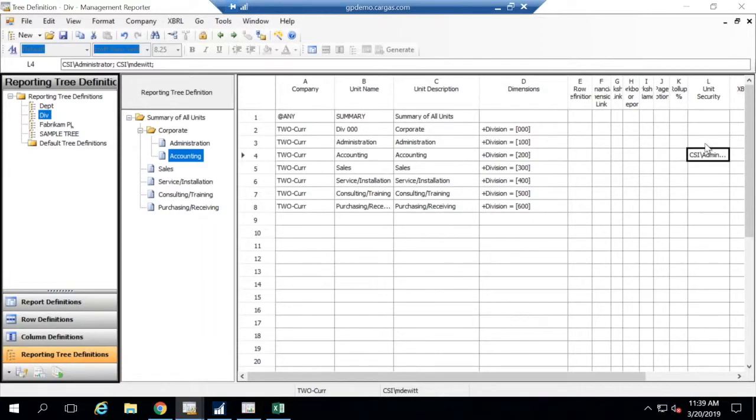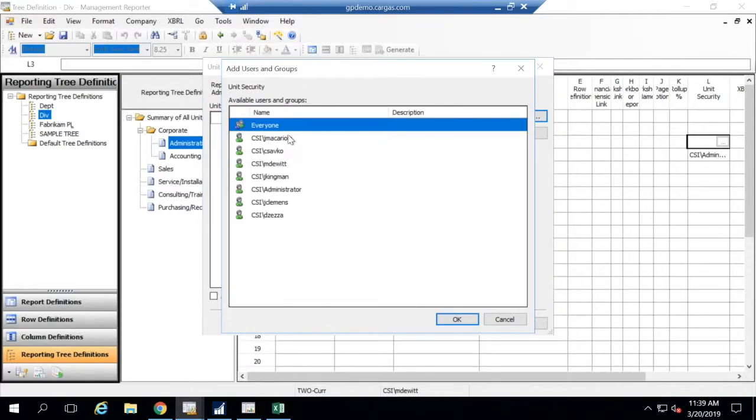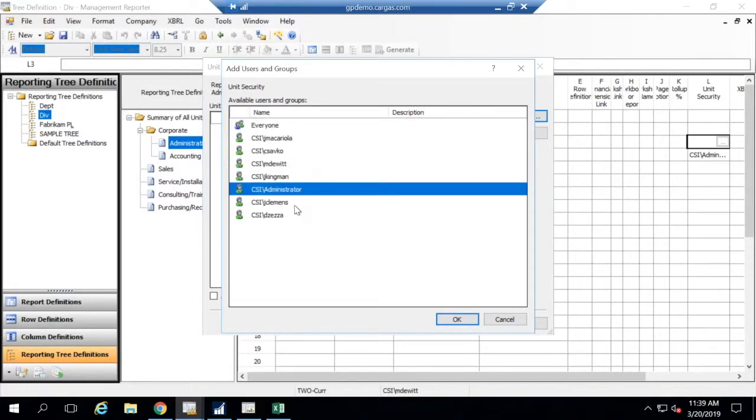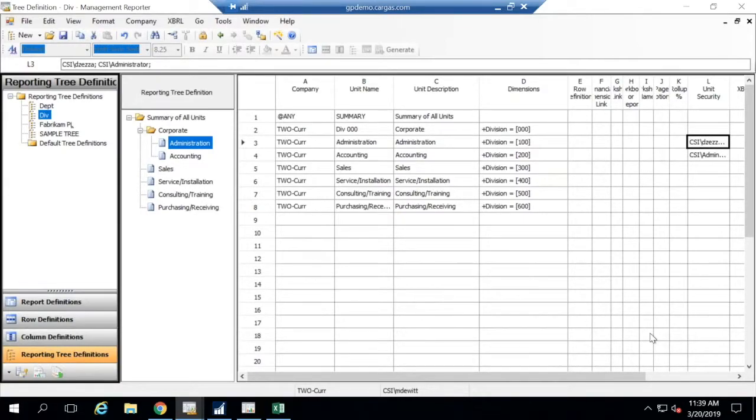For administration, I could choose the Dave Zeza user and the administrator. Okay, for that one. So those are the people that can see that. And because of the security I've got on the library folder over there, when it gets over there, those are the things that are going to be visible. So when I run this, if I save this and I run this report again,